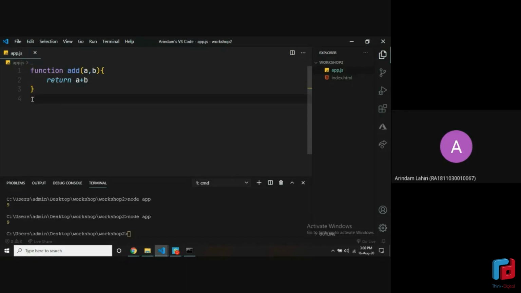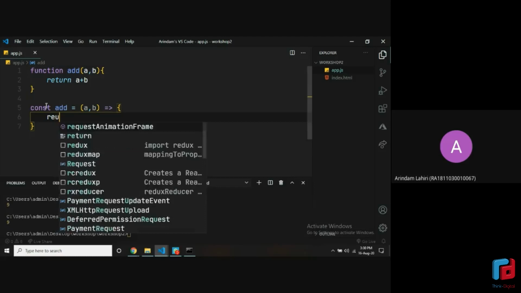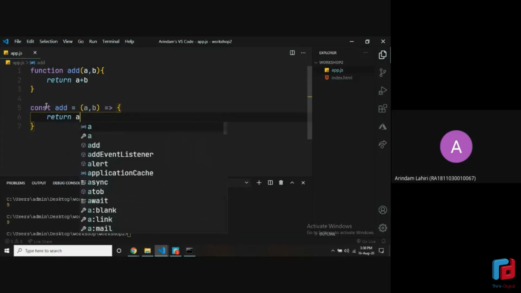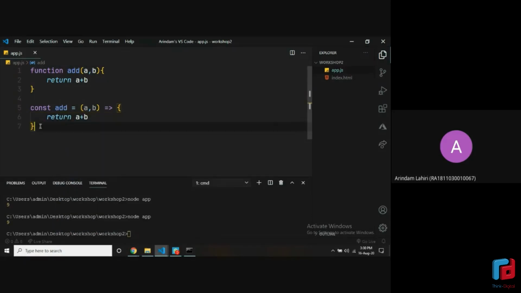Okay, so let me just show you a new type of writing functions that came along with ES6, which came out in 2015, I think. All right, let me just type everything out and I'll show you what's the difference. What function I wrote right now will give me the same output. Let me just comment it out. If you're wondering how I commented out multiple lines, it's just a shortcut in VS Code. You select multiple lines and hit Control plus /.